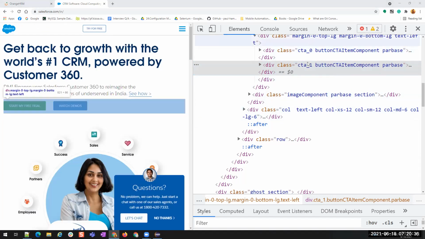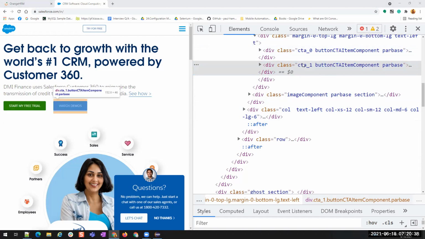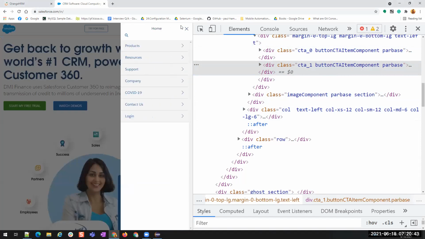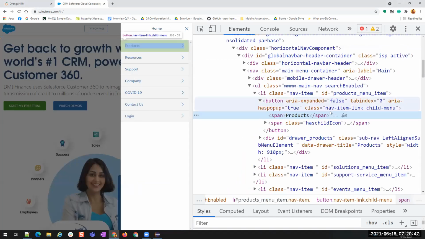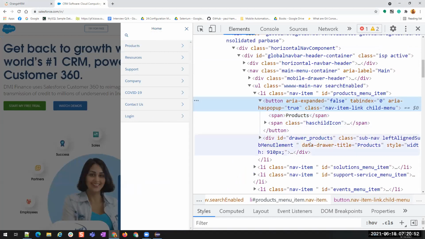So now I want to find these elements. Generally we will have some applications or something else. Again, here also it is not there.